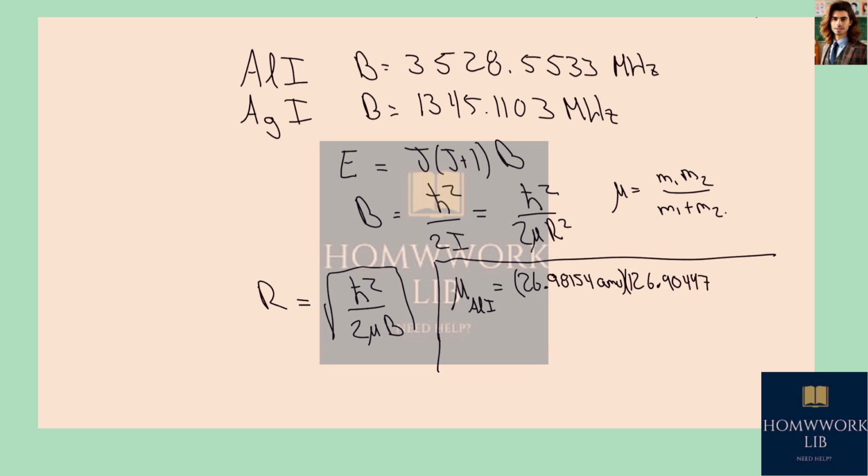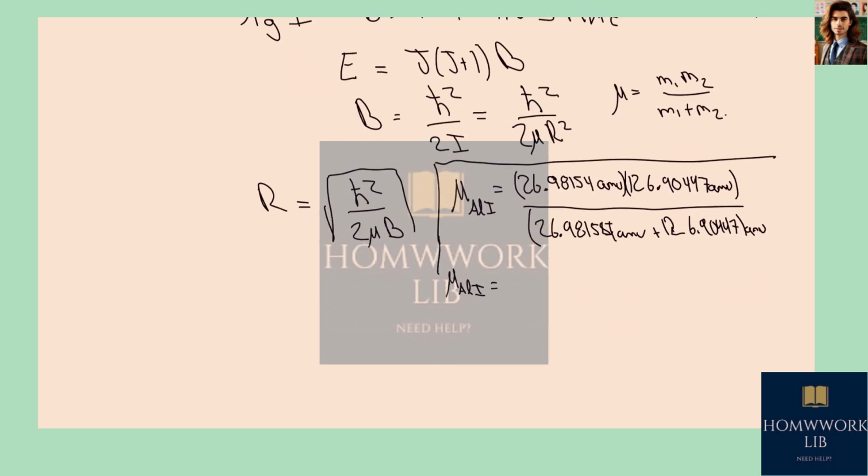Just to put a value with the same number of significant figures, this is 126.90447 atomic mass units. And over here, we're going to divide it by the masses added up together, 26.98154 atomic mass units plus 126.90447 AMU. Notice that the result over here is going to be in atomic mass units, and this is going to be equal to